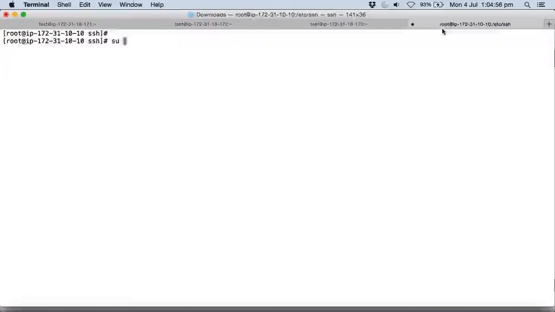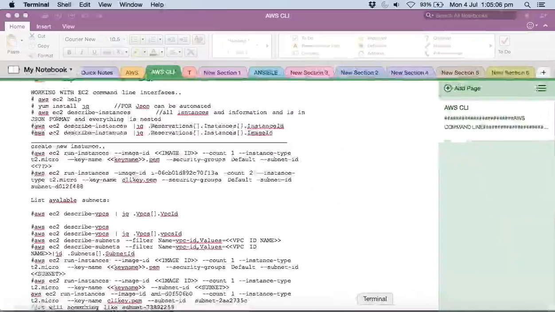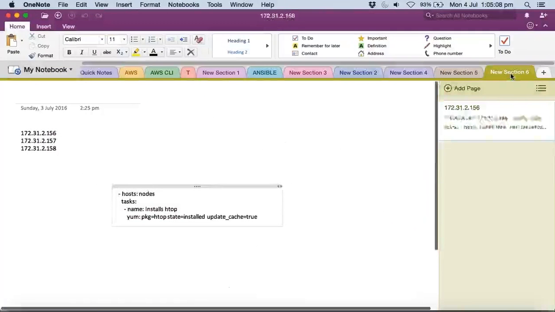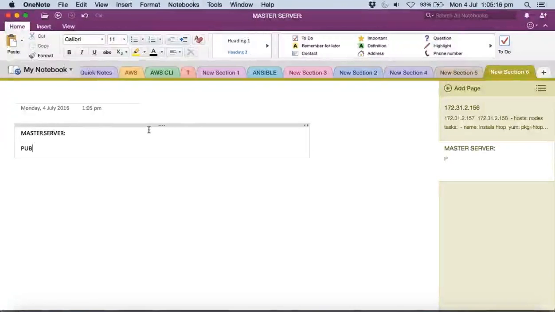Switch to test. The most important thing I want to note down is the master server's credentials, public IP and private IP. So I have a notepad, which is going to give me the master server. This is a configuration part. So public,